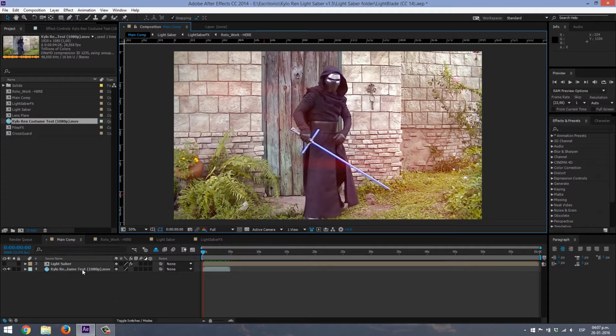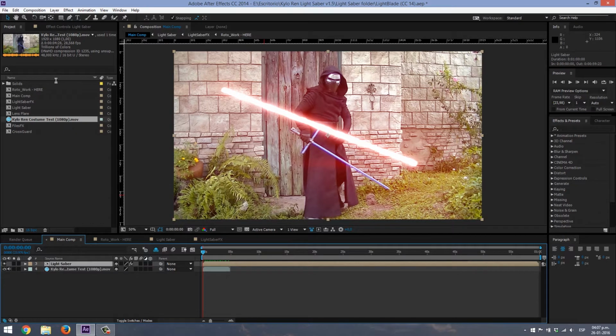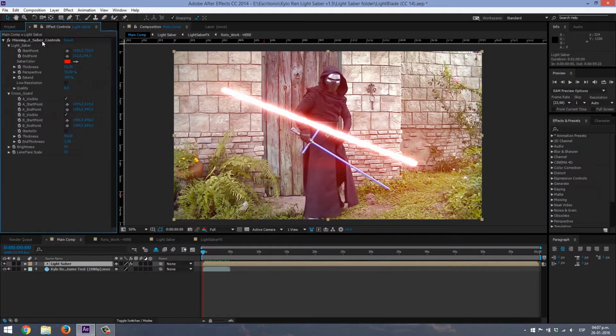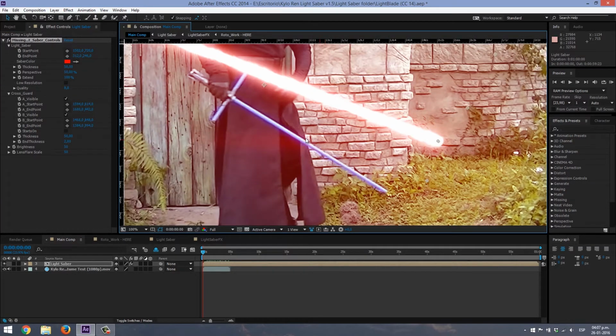So we have our footage. I'm gonna activate this layer again and we go to the effects panel so we can see the saber controls. Now let's start animating. We're gonna select a starting point from the start point of the lightsaber. We're gonna click end point for the ending point of the lightsaber, and we're gonna do the same thing for